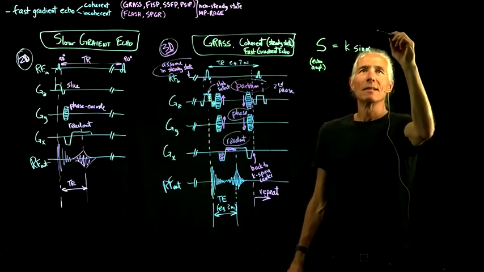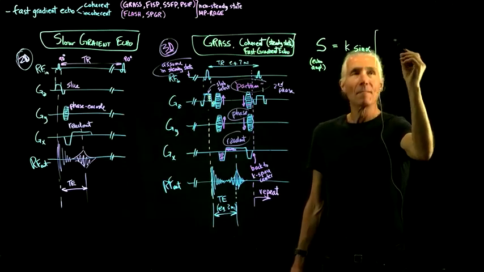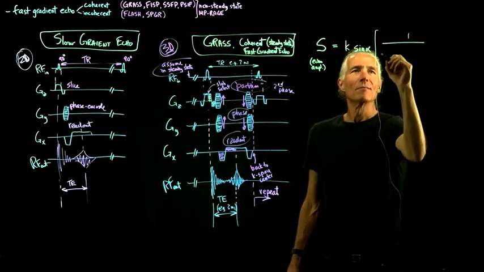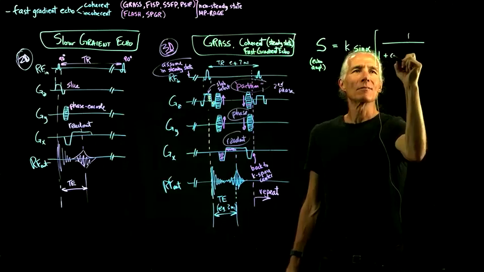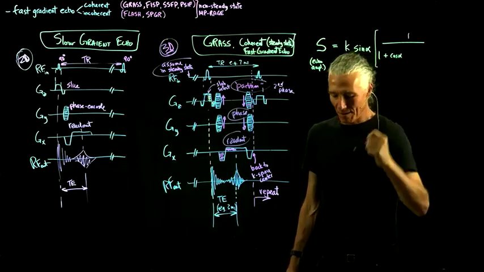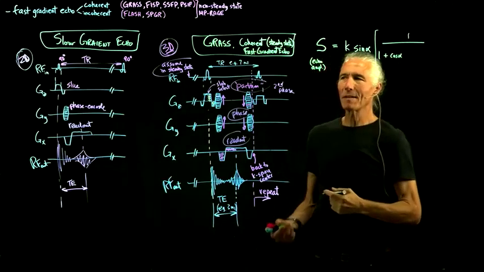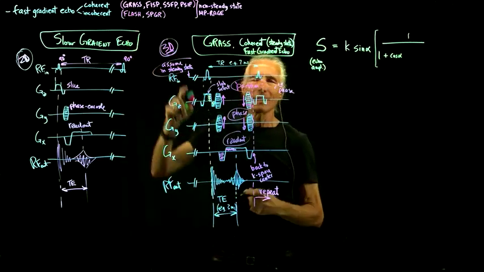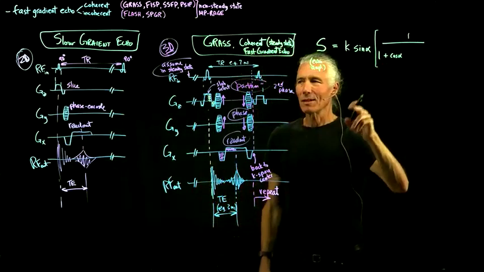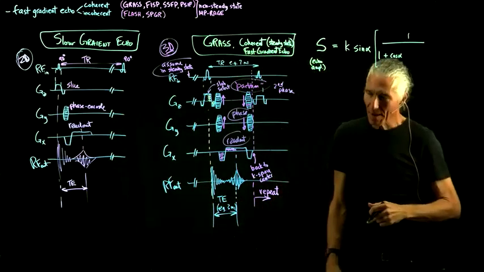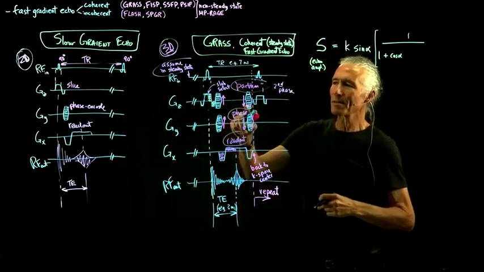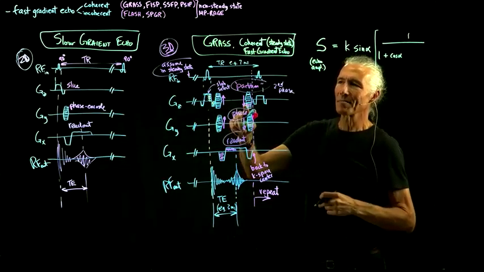And then this whole mess is 1 over 1 plus the cosine of the flip angle. So it's got the same things that our original gradient echo equation has, this sine and cosine of the flip angle. But it turns out, because of what you're doing here with all these fixing things,